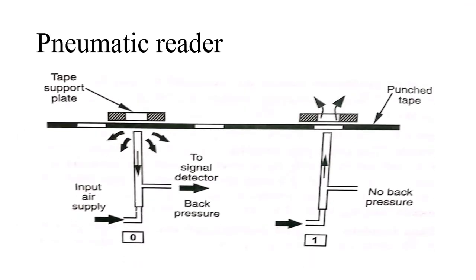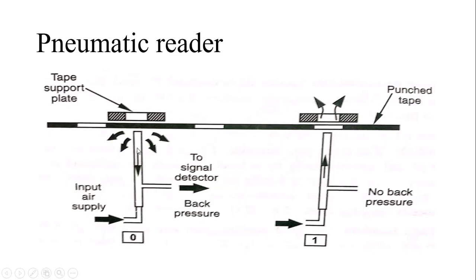Then we came to the pneumatic readers. Correct? It means with the help of air. Yes, you guessed it right, with the help of air. See, this is your punched tape moving through here. Correct? A pump is there which is continuously pressurizing the air from here. If the air passes through the punched tape and goes through the tape support plate, it comes out, then it is a 1 position. It means the air passed through the punched tape, so there is a hole made. It means something is coded over there.